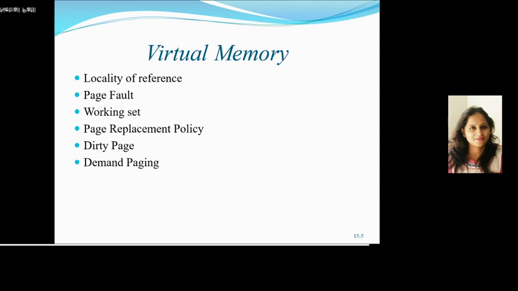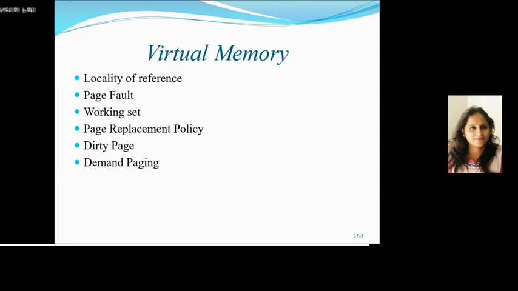Next one is virtual memory. What is virtual memory? A virtual memory system can be implemented using paging, segmentation or combined schemes. The process can start executing with only part of the process image in memory. In a real memory system, the entire process image has to be in the memory. Actually, this scheme is simple as the whole process has to be swapped in or out.